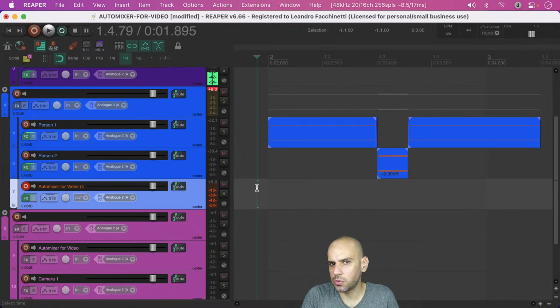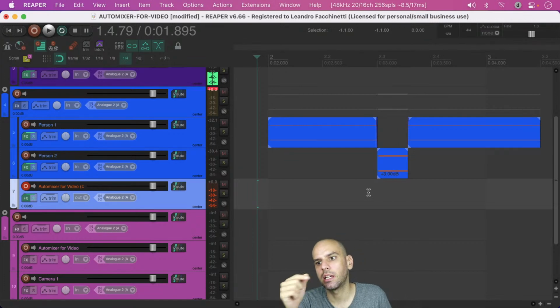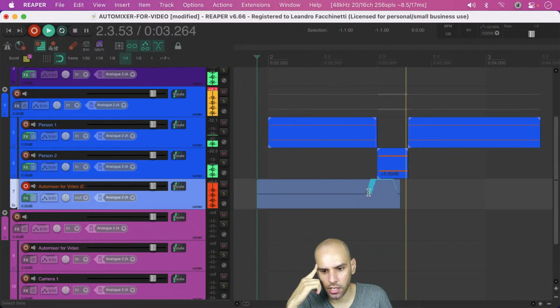Without any hold and without any attack, I expect the camera switch to be very fast. Oh, it's not going to be instantaneous as I was thinking because of RMS. Because we are smoothing this value to begin with. Let's see what this looks like.